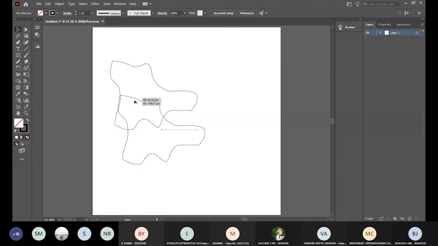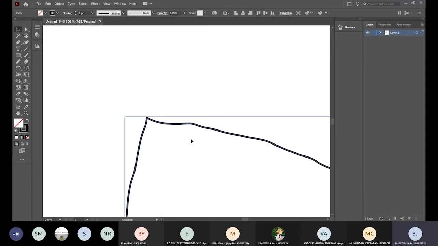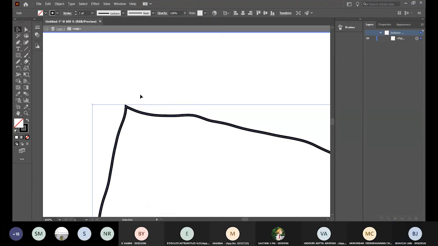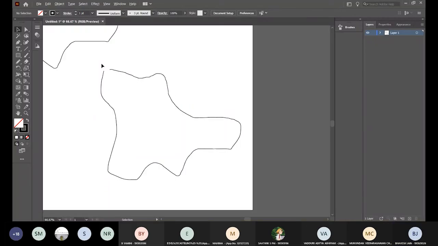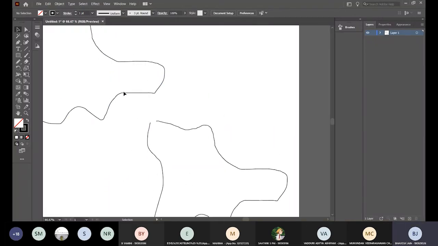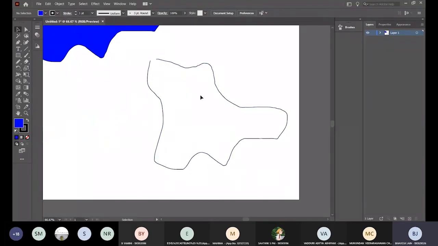I copy the same shape using Alt and drag. But I go here and I use the direct selection tool and I eliminate one vertex. So now this is an open shape. And the difference you will see is this. If I add color to this, it will get colored fully.